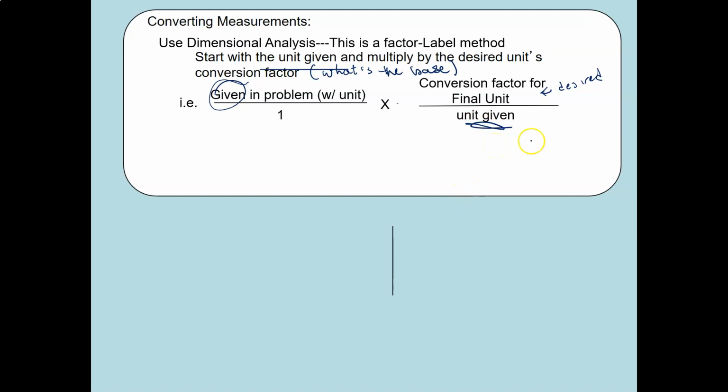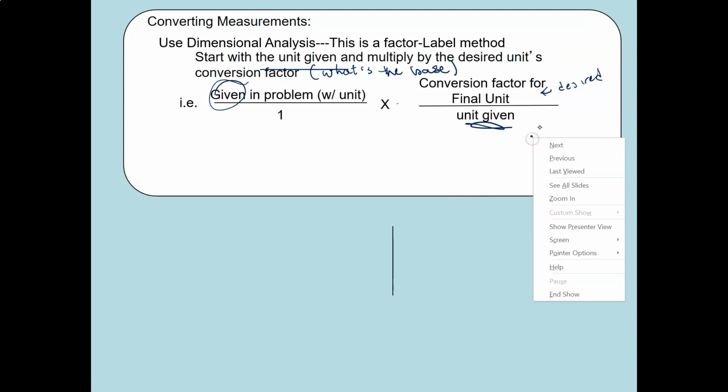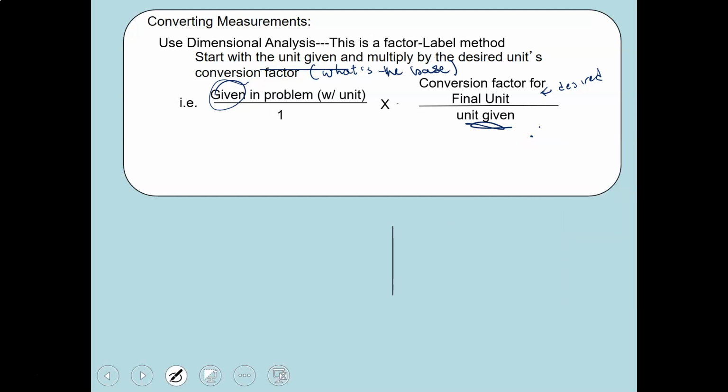So if I have there is 10 to the minus 3 meters for 1 millimeter, then if I had 1,000 millimeters and I wanted to go to meters, I would say, oh,